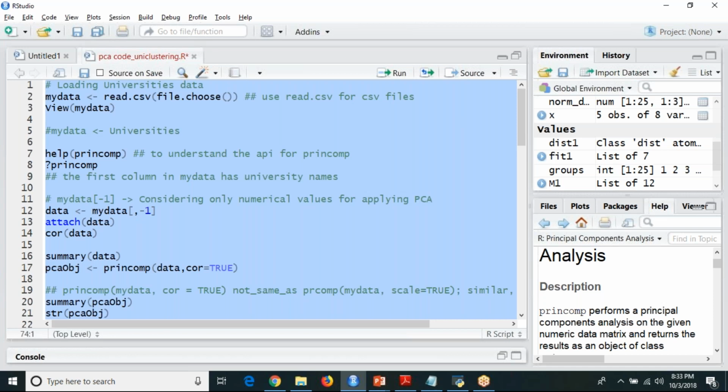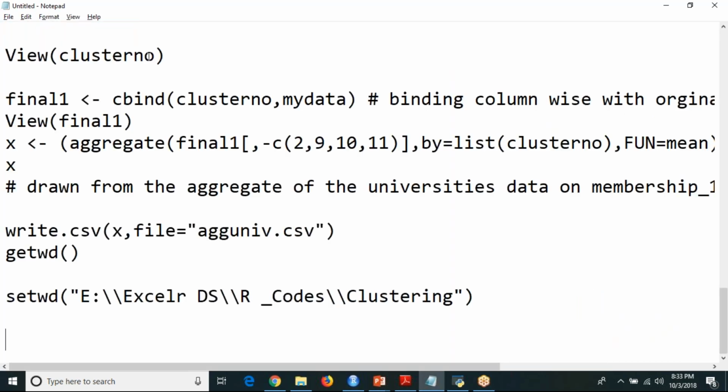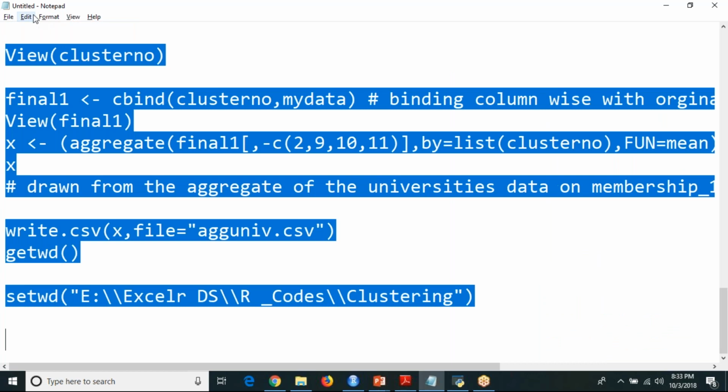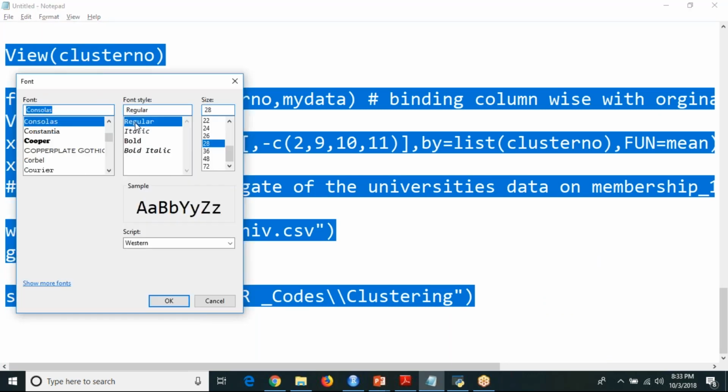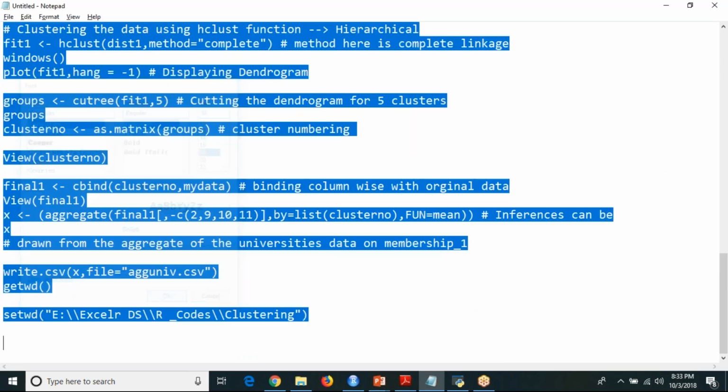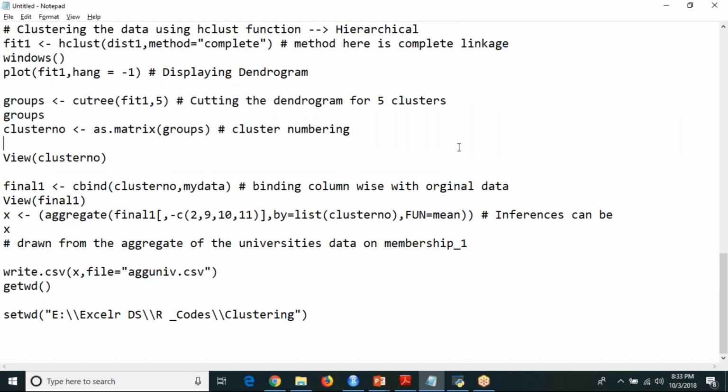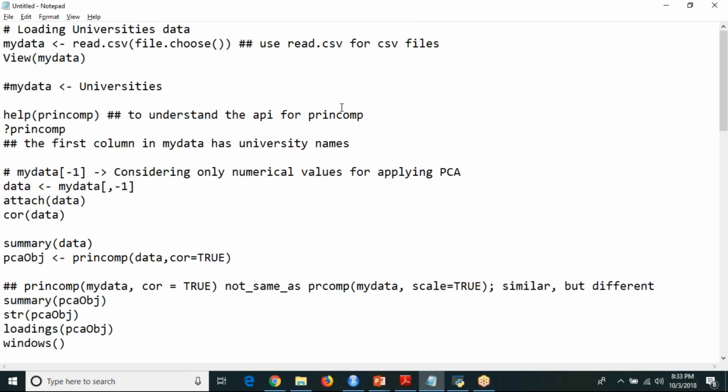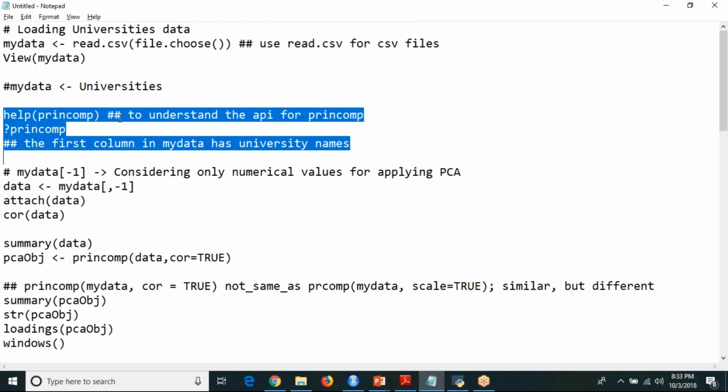One sec. I'm going to open it in Notepad and paste it over here. The font, I'm going to slightly reduce it. These 2 lines are of no use.